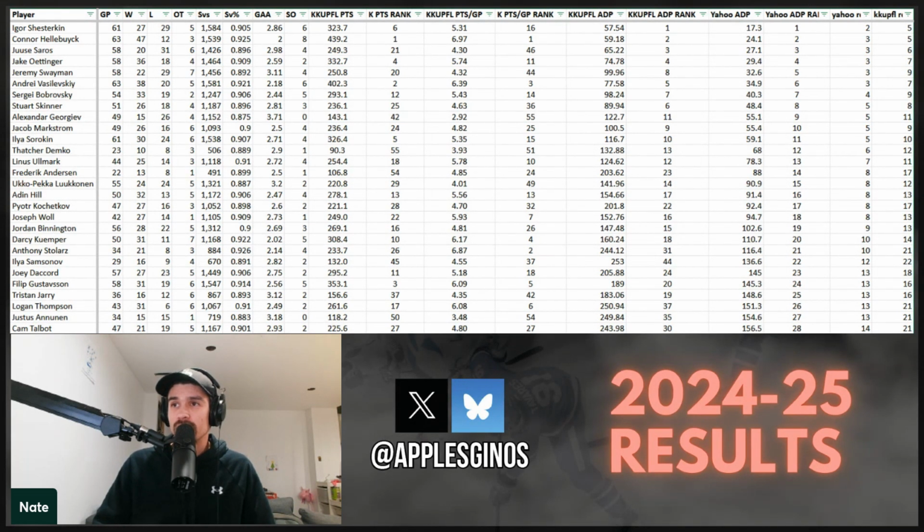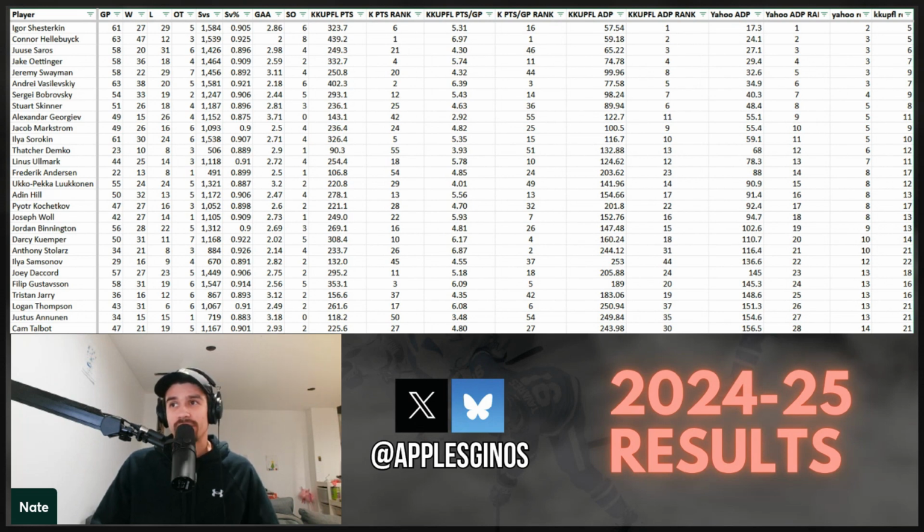Filip Gustavsson was a huge hit, 24th. He did fade a bit down the stretch with an injured team and a big workload, but finished the year still with a 2.56 goals against average and a .914 save percentage. Logan Thompson was drafted 26th among goaltenders on average. He was the story of the year for a hot minute before he got hurt, and won 31 of 42 starts, .910 save percentage. Dustin Wolf was drafted 34th on average, emerged as a true workhorse for the Calgary Flames, posted a 2.64 goals against average and .910 save percentage on a non-playoff team.